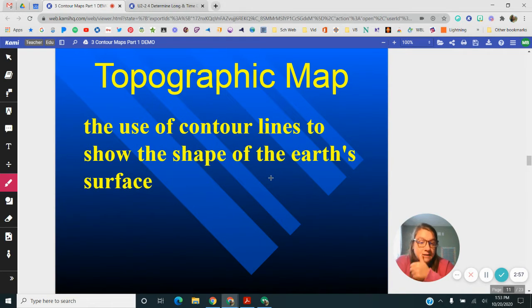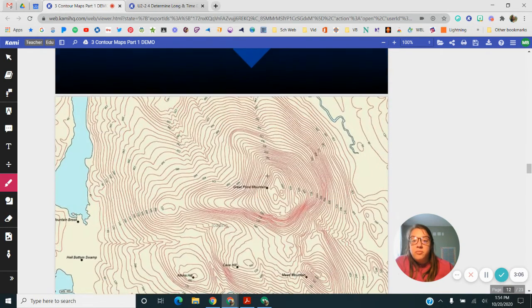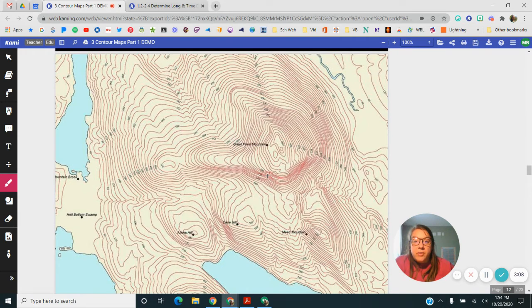What we do with these is use them for topographic maps. You use contour lines to show the shape of Earth's surface. Most of you have probably seen one of these. I use topographic maps sometimes when I go hiking to know which path I want to take, because sometimes I don't like to hike steep paths. I like to take ones that are more gradual. Sometimes it's a little bit longer, but in this map, I could show you